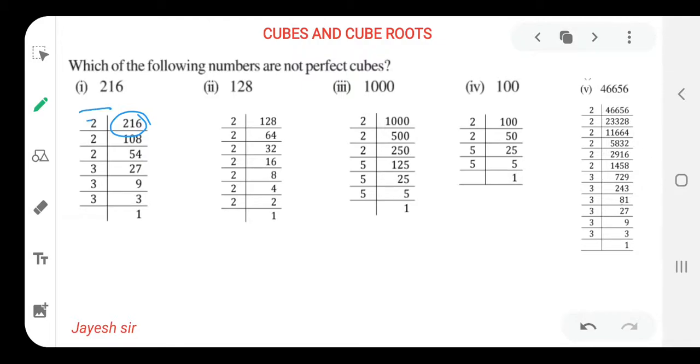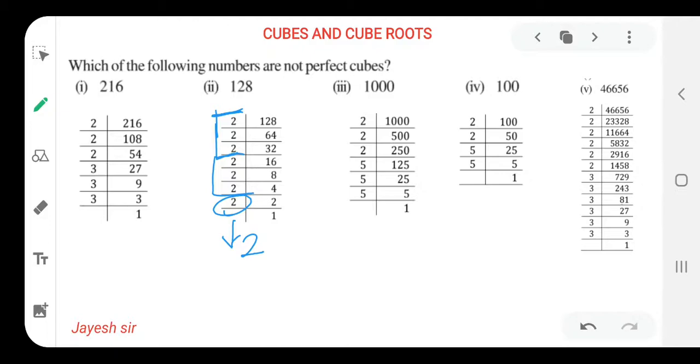If it were a square, then the factors would be 2 times, but here the factor is 3 times, and we need to check whether it is a cube or not. So here the factors are in groups of 3. Here in the second sum you can see more than 3, so we will make the pairing of 3: one group of 3, second group of 3. But for this 2, another 2 would be required. How many 2s should be required? 2 times 2 should be required, so that it can easily form a cube.